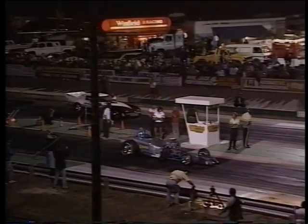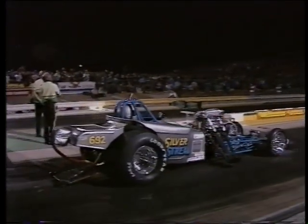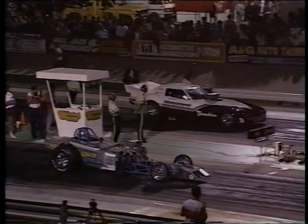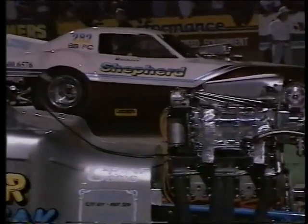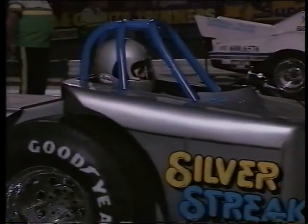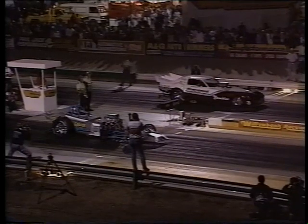Yes, we're in supercharged competition eliminator action. Alan Gray from Brisbane, Bob Shepherd from Sydney. Bumper to bumper competition eliminator and bumper to bumper action here at the Willowbank 91 Nationals. Got Bob Shepherd in the Egypt lane, and in the fulcrum lane is, of course, the T bucket of Alan Gray. And set